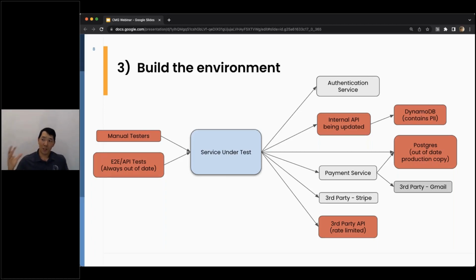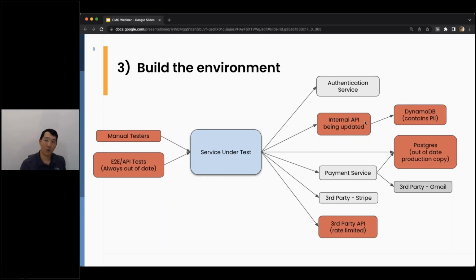When we get to the point of building an environment, the question of environment scope comes up a lot. A lot of people will say, well, hey, we've got DynamoDB, or we've got an Oracle database, or some sort of backend system of record that's very far down the line, and we need that to be mocked. Well, not really. If your shopping API, the service under test here, is what you're trying to test, you really only need to mock what's immediately behind the service under test.